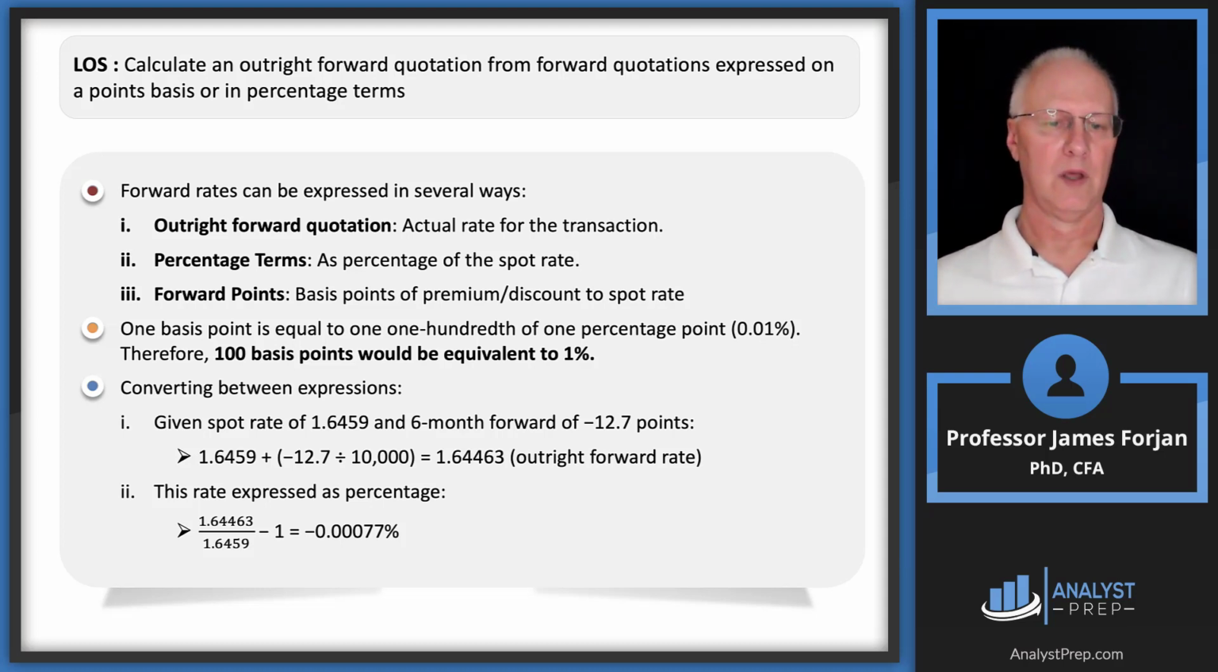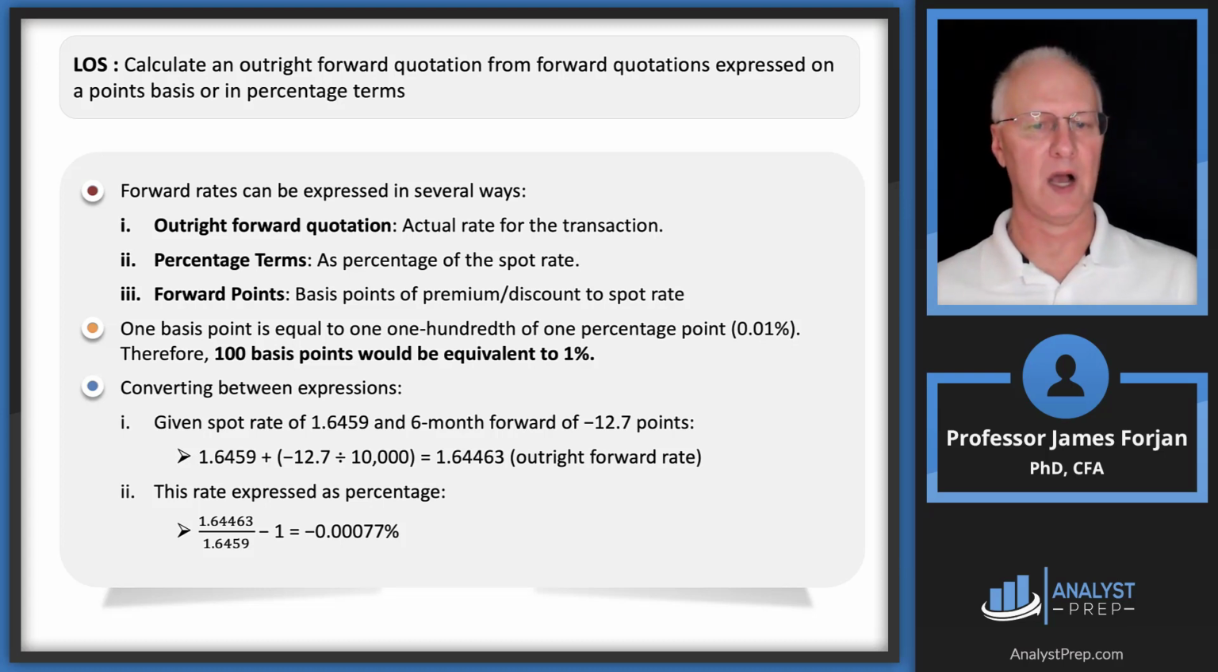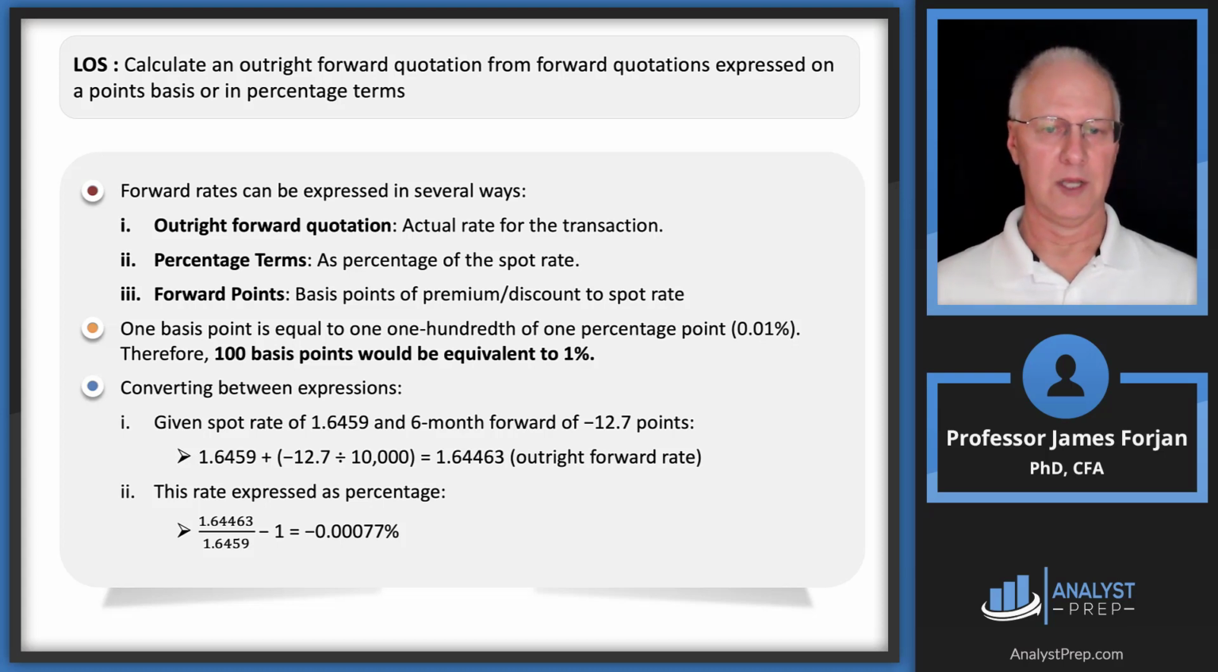So 164.59 minus the 12.7, remember you have a bunch of zeros in there, gives us the forward rate of exchange of 164.463. And if we wanted to express it as a percentage, you do just the F over P minus 1, right? So there's the F and the P minus 1, so that gives you